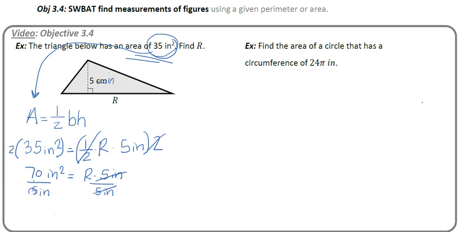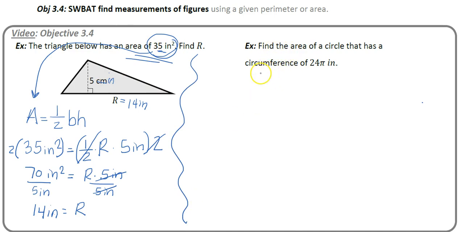And in this case, 70 divided by 5 is 14. And inches squared divided by inches is inches to the first power. So 14 inches equals R, which means this base dimension is 14 inches. That must be the case if the height is 5 inches and the area is 35 inches squared. Okay, now on the next example,